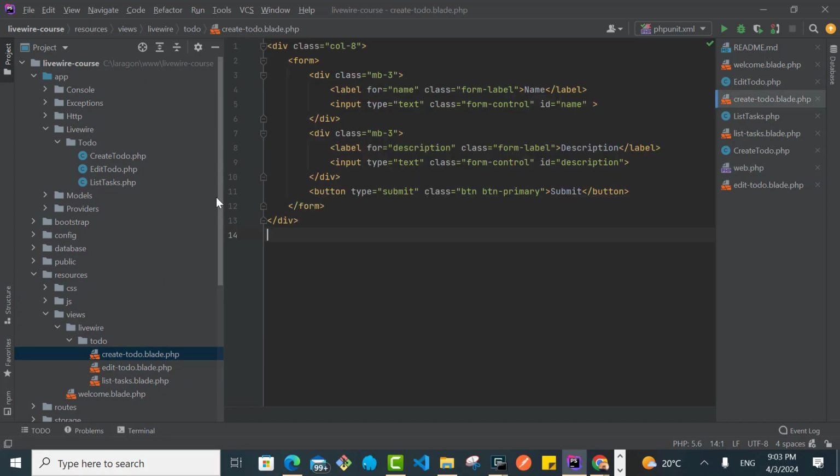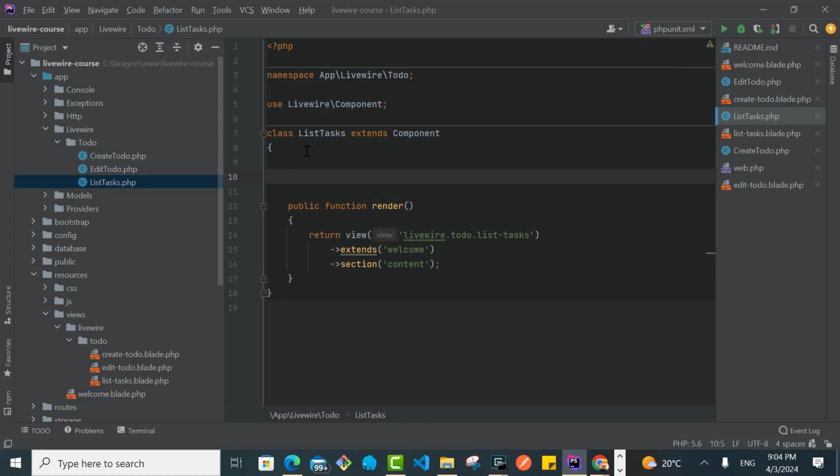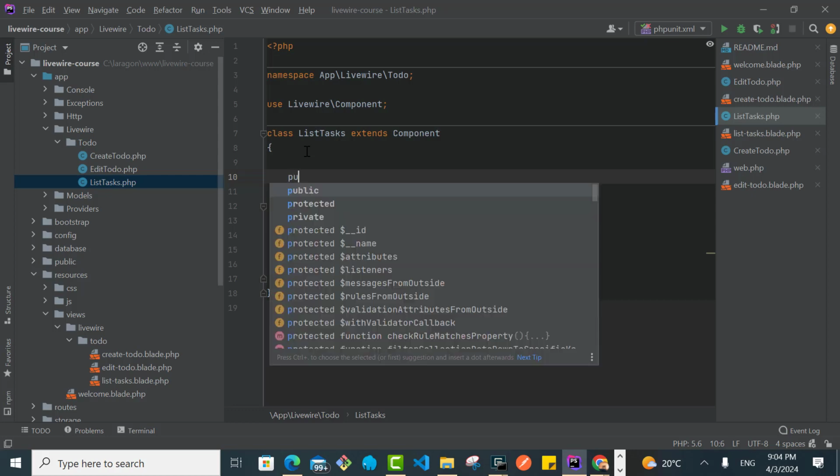If you remember, I say that components can be called as inline components or as full page components, all right? So for example, if I want to pass data, let us use, for example, now I want to navigate from the list task to the edit task, all right? So what I'm going to do, I'm going to do a very simple example here. So I'm going inside the list task and I'm going to, let us create a variable here. For example, let us call this maybe public